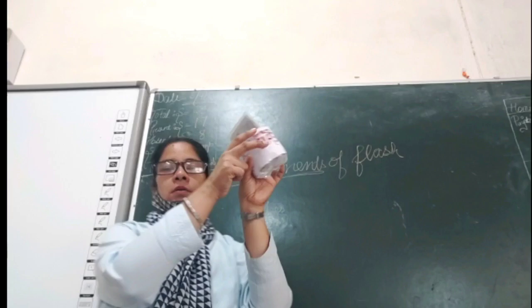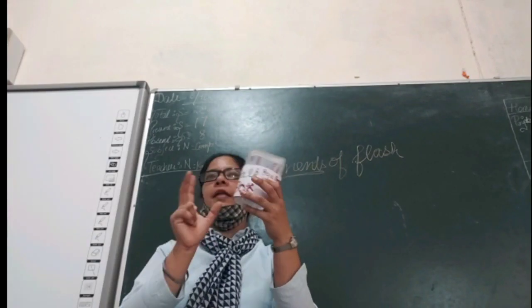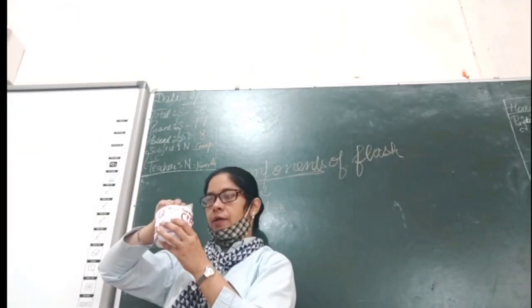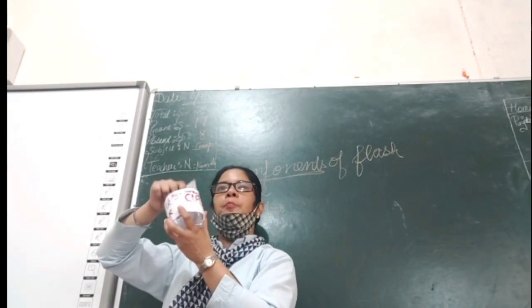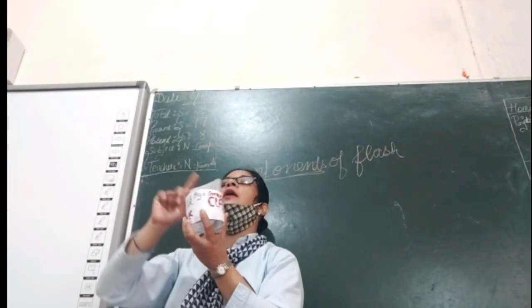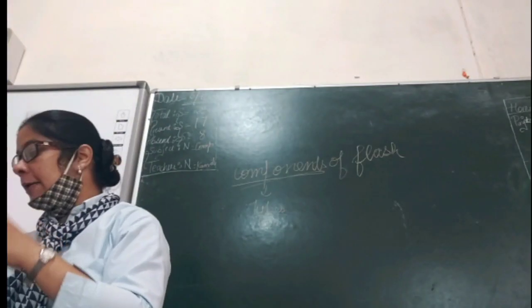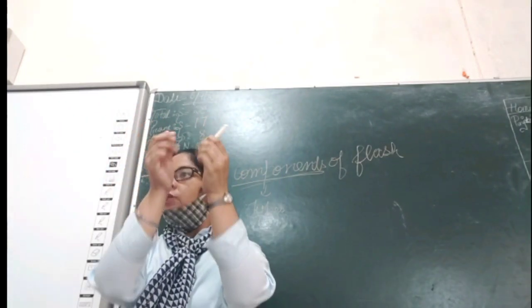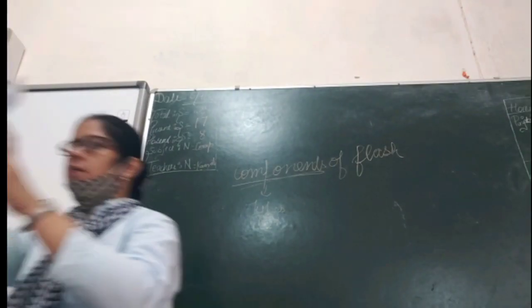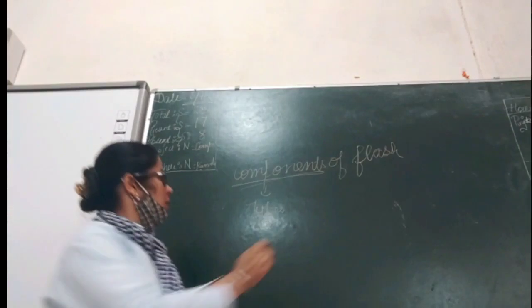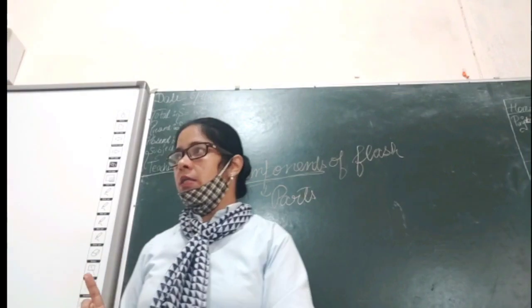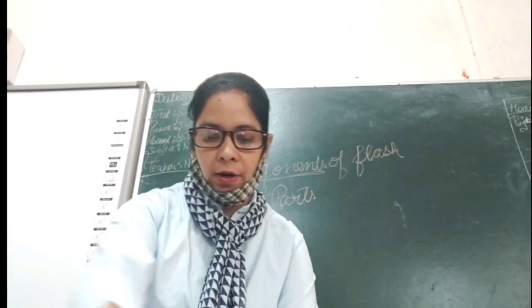Have a look. This is your chalk box or whatever thing. So these are two pieces in it. So this is a component of this. Component means part. Types means white chalk, some colorful chalk. So these are types, तरीके, right? And this is part. तो components क्या होते हैं? What is components? Parts of Flash. Is this clear? Fine. Now let's go for our components.